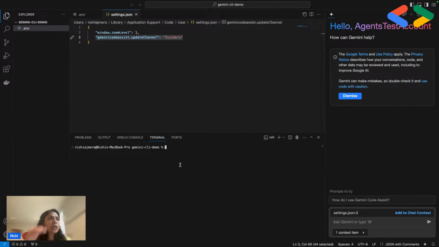So Gemini CLI was launched last month, and you can install it using npm install -g Google/Gemini CLI. This is going to globally install the CLI package for you, and then you can just run Gemini to basically